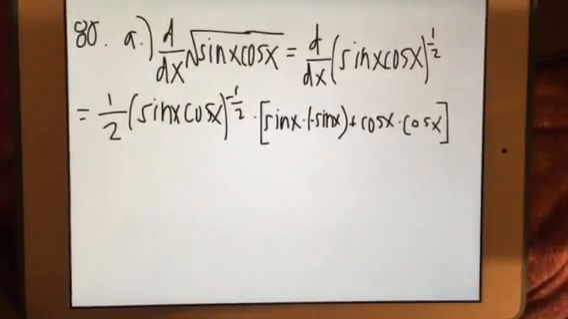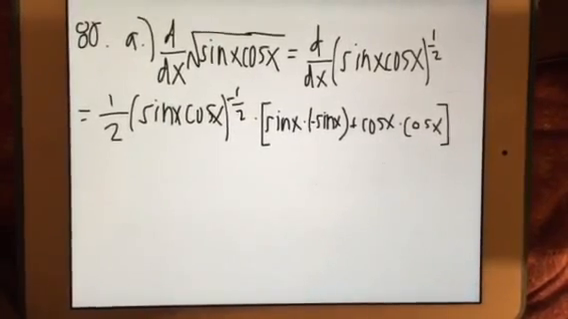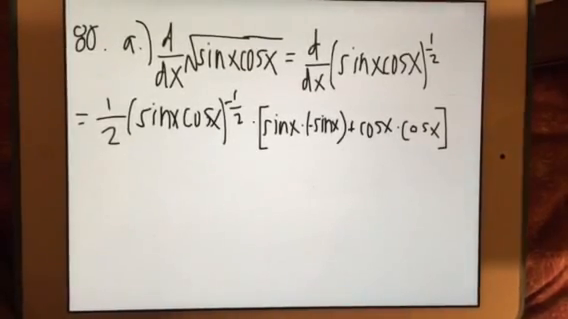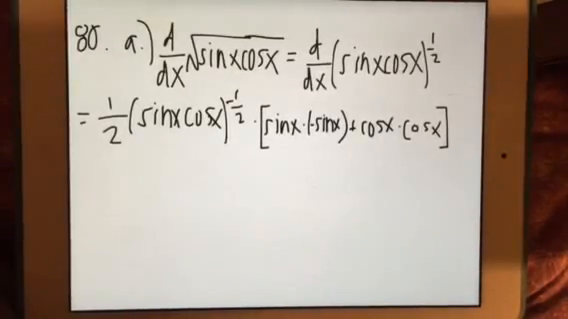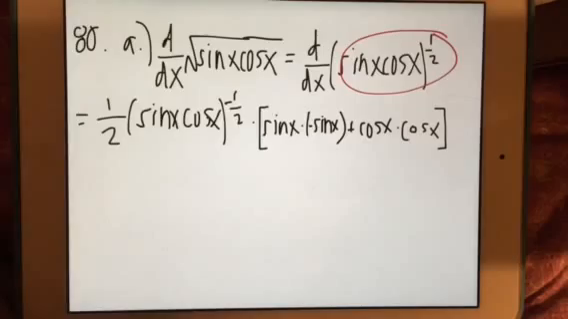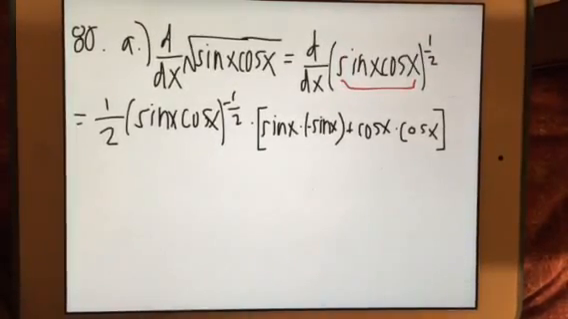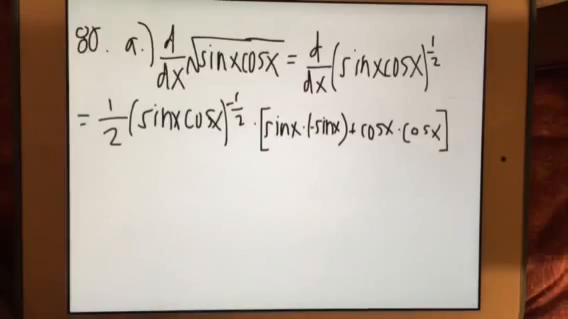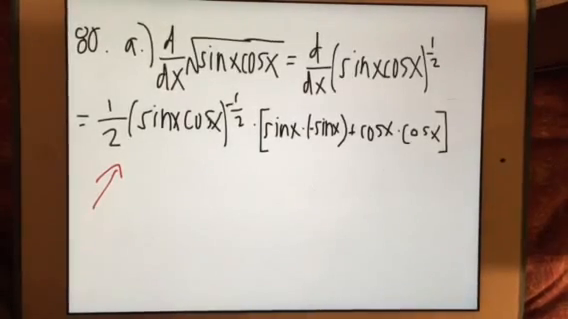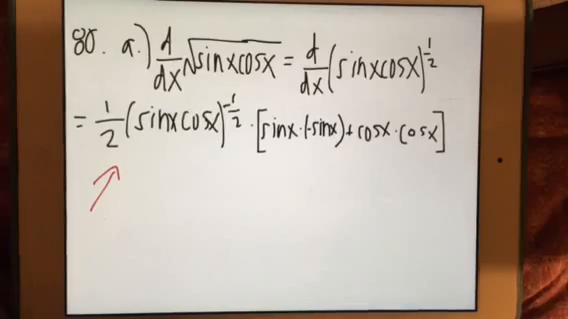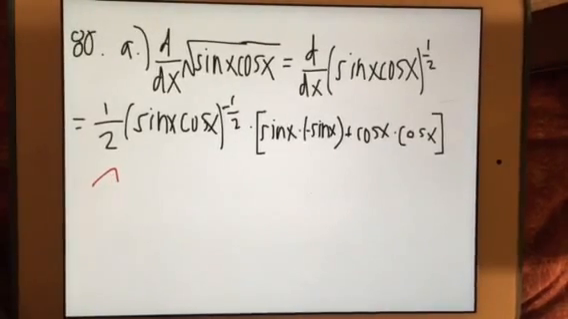So with the chain rule, we have to find the derivative of the function as a whole, and then the derivative of what's inside the parentheses. So they did that over here: 1/2 times (sine x times cosine x) to the power of -1/2. And then this is the